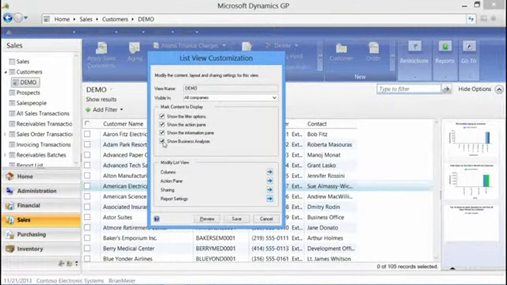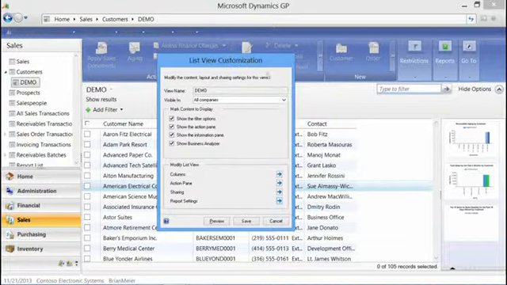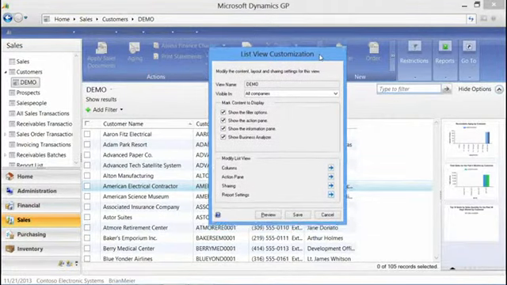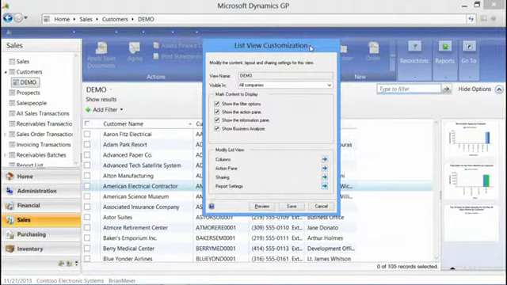Again, here I can hide or show Business Analyzer. Here's another option to do that. I can also share this list. So going back to the previous example of onboarding a new employee to our organization or to our company, I can take this list, I can modify the list based on what I think this new employee is going to need, based on report assignments, who they will need to contact regarding a collections report, for example. I can set all that up, and then I can take this list and I can share